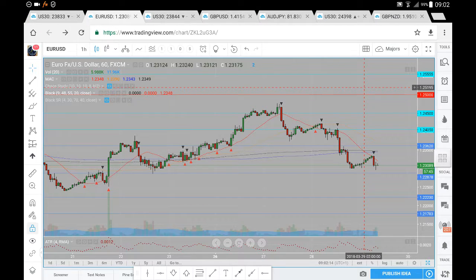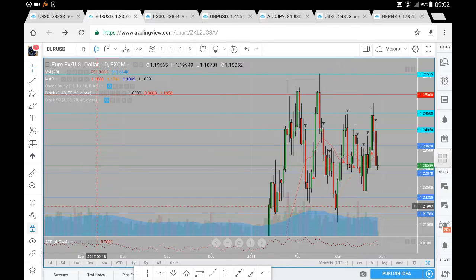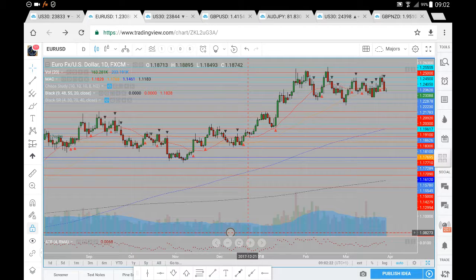Now, if we have a look at the daily time frame. On this daily time frame, we can see that after we got up towards that 24.50, we've had some sell side momentum, had a pretty strong bearish day yesterday. So there is a potential for some retracement, for seeing that further sell side momentum challenging these previous lows here